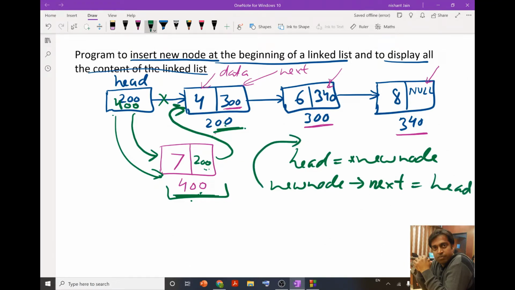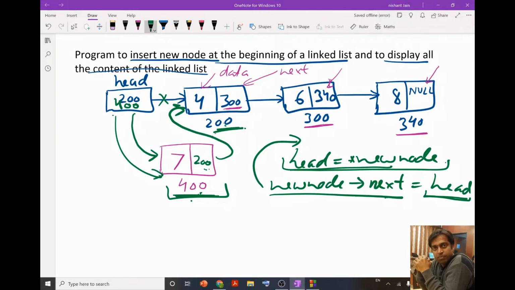First I have to update the value of the next pointer, and then update the value of head. Because if I first update the value of head and then put this head value in the next, I have already lost the information, since I already put 400 in head.